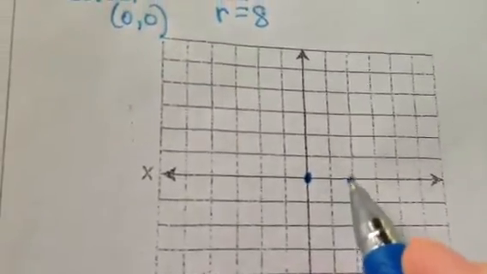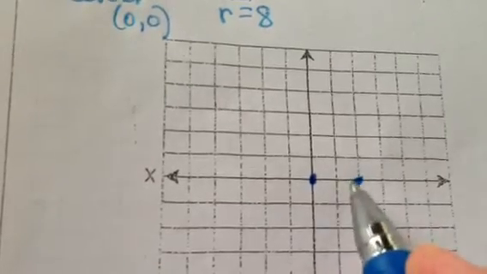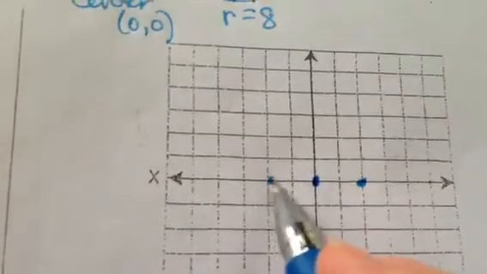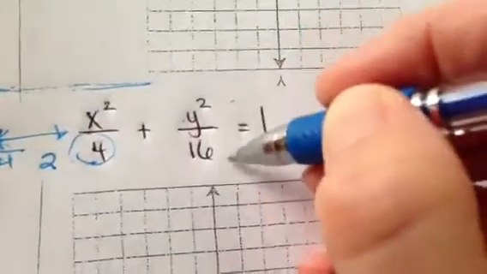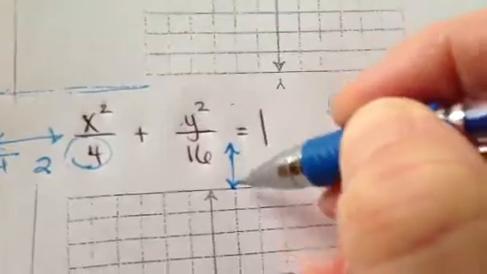Okay? So from my center. So my center was 0. So I'm going to go back and forth 2. So I'm going to go from the center, 1, 2, make a point, go left, 1, 2, make a point. Now, under the y, and we all know that the y-axis goes up and down, you can figure out how